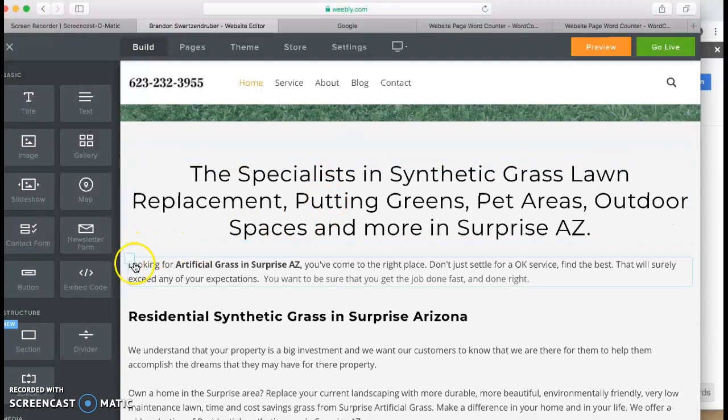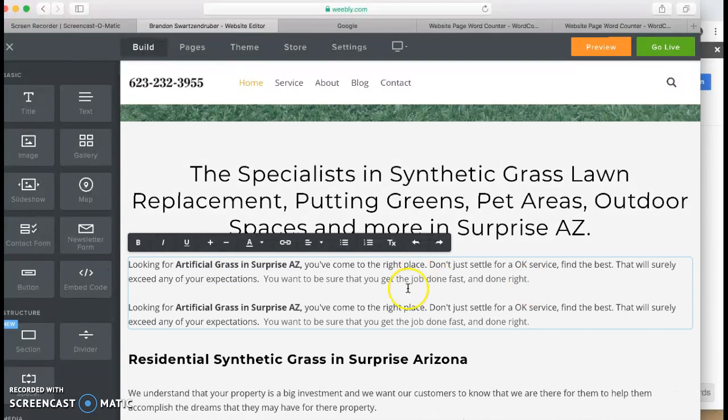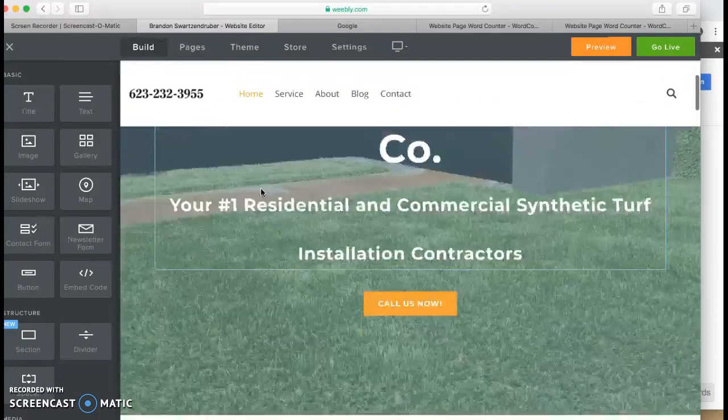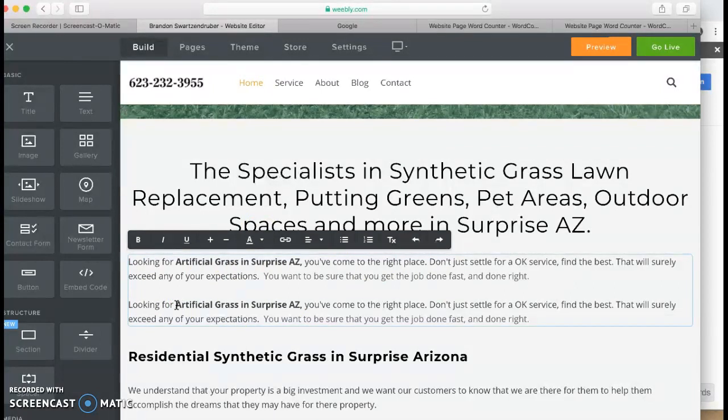Okay, next thing, this first line. I'm always of the opinion, this is very good, the bolding, especially because we got artificial grass, Surprise AZ, which is our main keyword. But we want this to really be catchy for the reader, you know? We want it to be something interesting that keeps you locked in, because I think people are going to come here, they're going to scroll, and that might be the first actual line they read. So if you can make it something really, really interesting that's going to make you as a reader laugh, or something quirky that's going to keep you on page, that's only better. And I've had sites where my clients have told me that people have decided to use us simply because of the little funny jokes and things they read on the website. So let's work in keywords, but